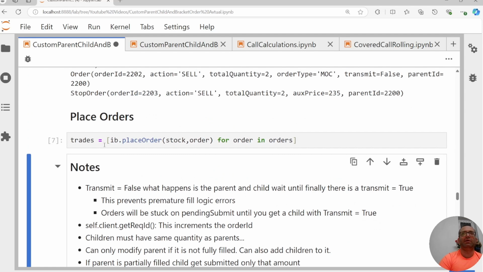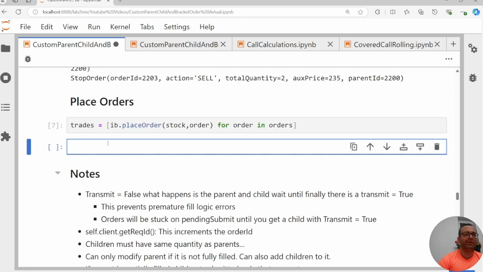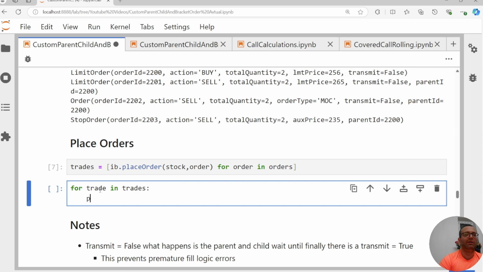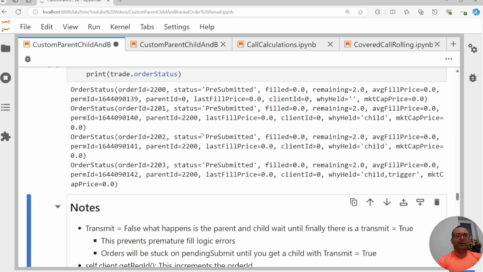And I'm keeping it as a list because then you can access it later if you want to see the order status. So I can do for trade in trades, print trade dot order status, for example. So it's helpful to have it like this. Pre-submitted, all of them are pre-submitted. To be honest, it's outside regular trading hours, so that's why it's like that. Anyways,